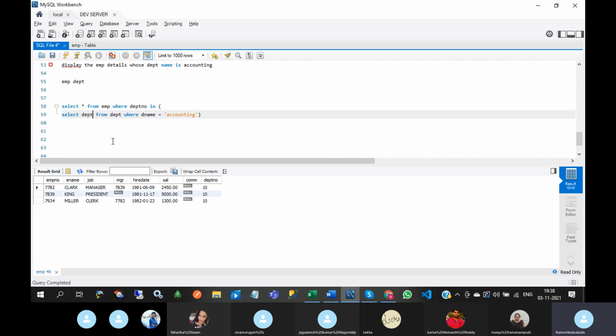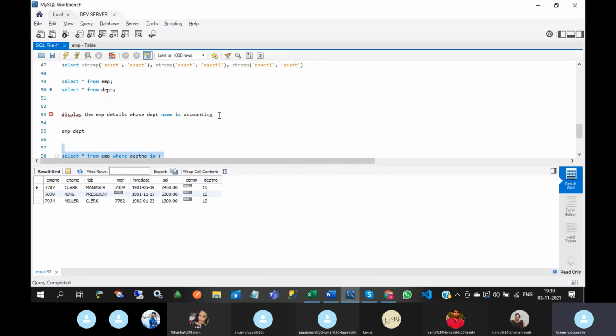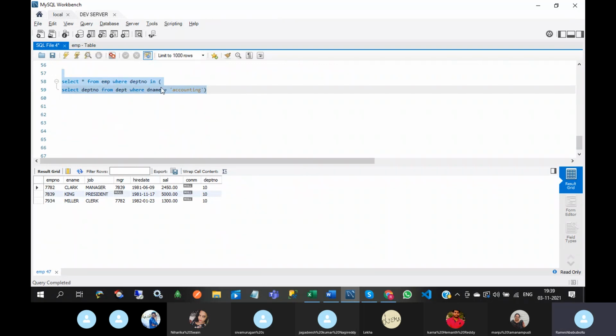That's why you need to write only the single column which is related to the outer query column. So this is the way to write the subquery.